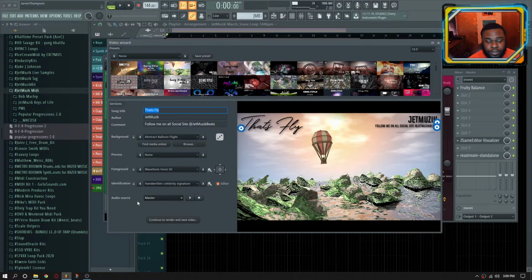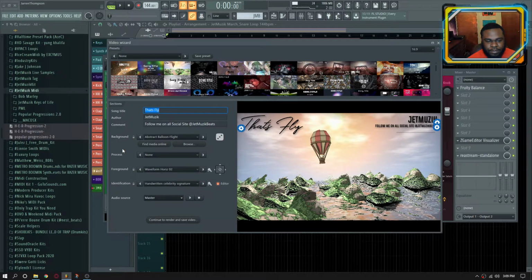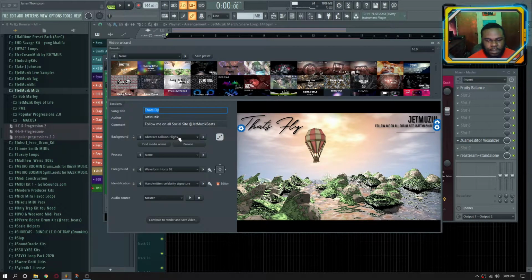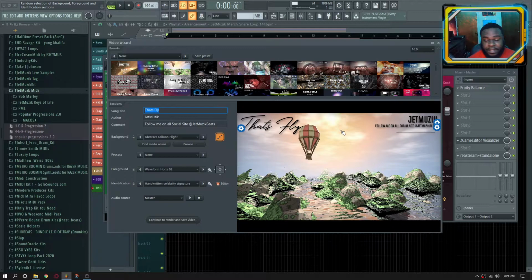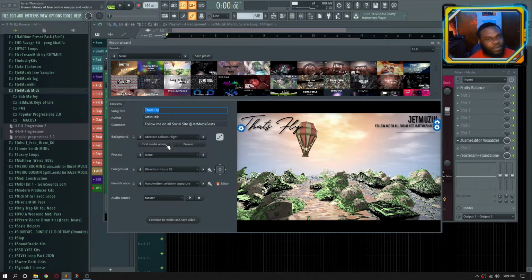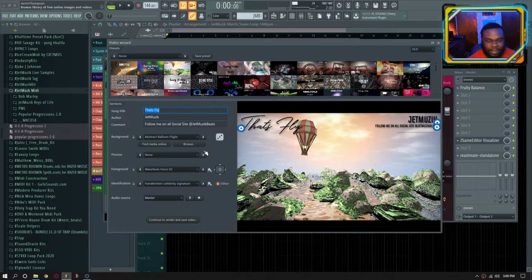So what we can do is, if you look at some of the places you have here, your background, which is the floating, you can hit this randomize button, and it'll randomly change what you use here. Again, if you don't want to use any brain power, your font